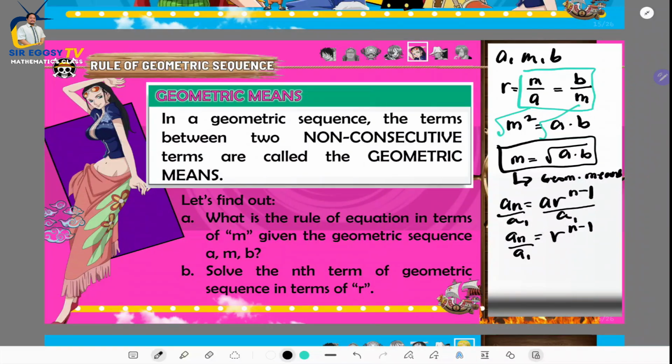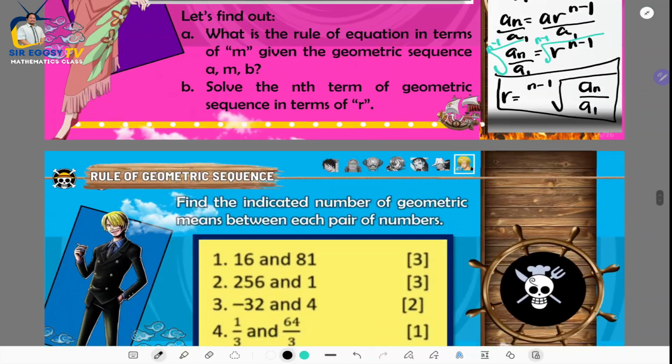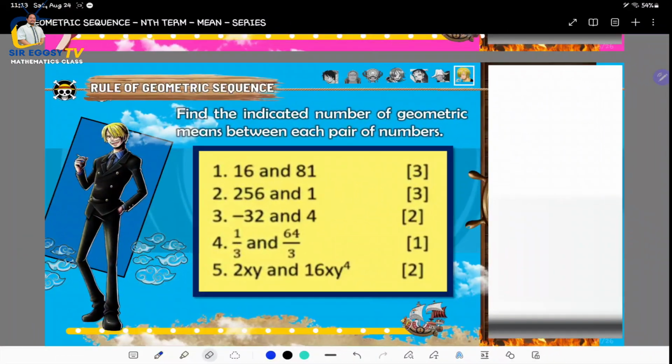Okay? And then by rooting both sides with an index of n minus 1, therefore, the value of r is r equals the n minus 1 root of a sub n over a sub 1. So this will be your formula in getting the common ratio of the geometric means. Let's have the example here, number 1: 16 and 81, and we're going to insert three